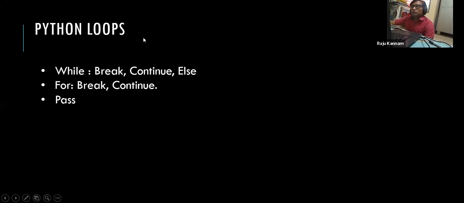Then Python loops. Okay. So conditional statements will be used if you want to make any decision based on some condition. But there is another concept called loops, which is used when I want to repeat the functionality continuously.